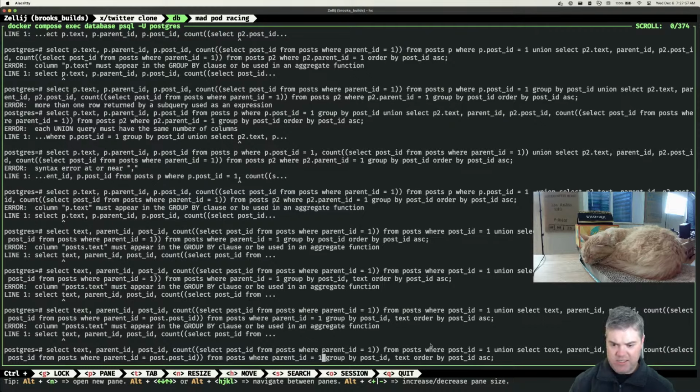Now I'm attempting to use the group by text here, so text and post ID. That's not happy. You can use a CTE to do 2 unions and then do the count in the main query. Oh, okay. I was hoping that this would work. And we'd be able to use, so I guess we have to do